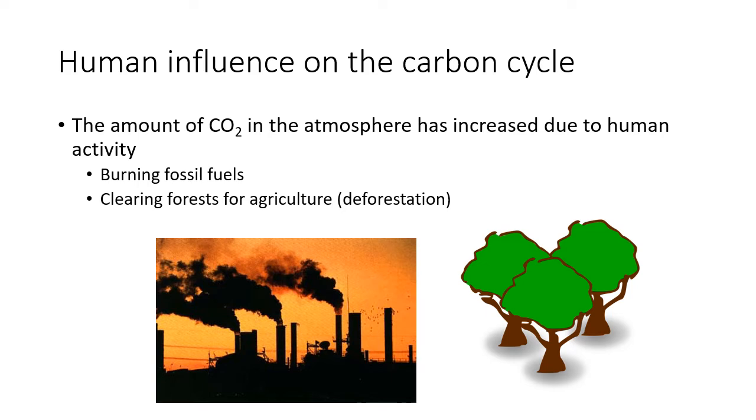Our influence on the carbon cycle: we have deforestation issues. There are a lot of plants that are being taken away, not only from us clearing land so we can do planting, ranching, and other things, but we also are creating more homes and burning more fossil fuels. So the amount of carbon dioxide in the atmosphere has increased, and we have fewer plants to do photosynthesis.